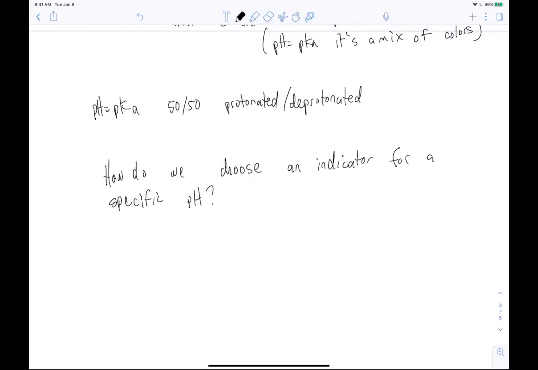So the indicator should have, well, it depends on how the question is set up, but it should have a pKa that is near the pH